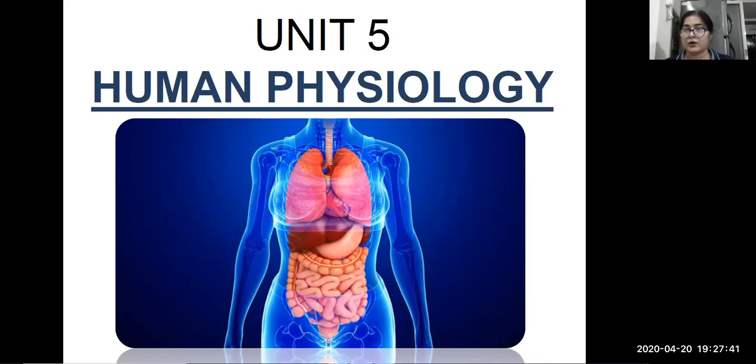Third unit is cytology. Cytology means study of cell, the branch of biology that deals with the study of cell. In this unit, we are going to study the structural and functional aspects of the cell: the different cell organelles which are present, the functions of different cell organelles, different parts of the cell. And biomolecules. Biomolecules means the molecules which are present in the living system. Bio means living system, molecules, chemicals.